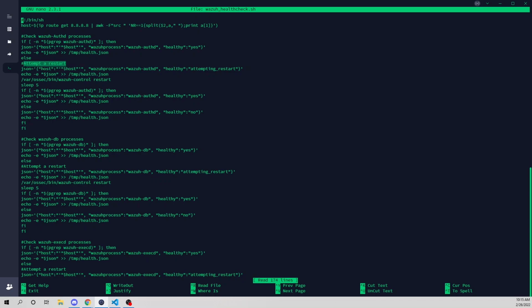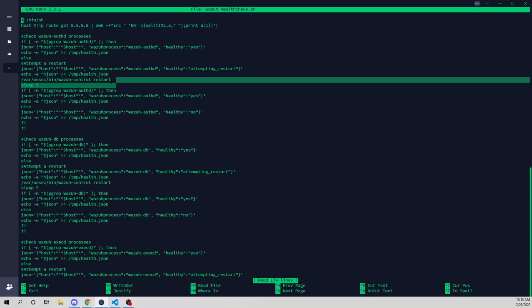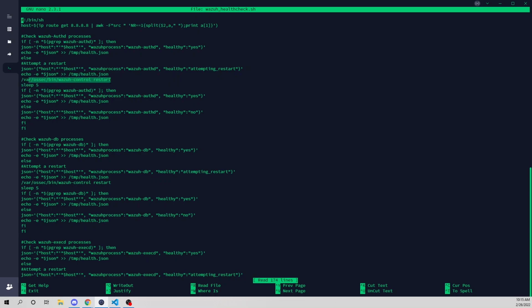But we're then going to set our JSON string to, again, set our host. We are still in the wazuh-authd process. And then in our healthy field here, we're just going to say attempting restart, because we know that the wazuh-authd process is not running. I'm going to echo that into my health.json file. And then I'm going to take advantage of the wazuh-control binary to run a restart. And this will restart all the Wazuh processes